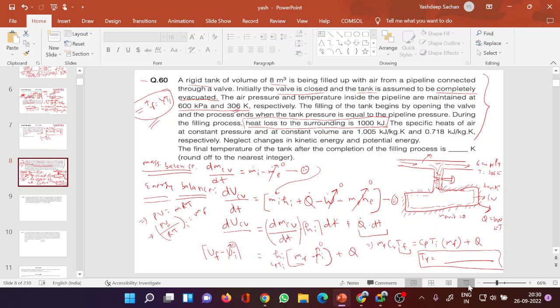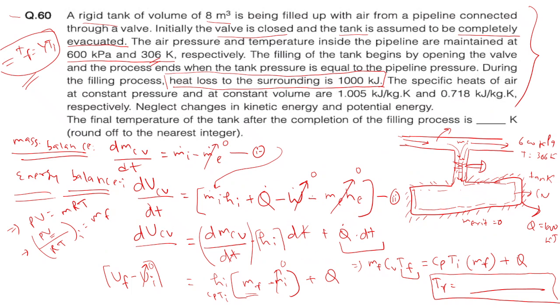Yeah. And easily you can see, if it is insulated, you can keep that as 0, and here UF Cv will come, mf will cancel out from both sides, and Cp by Cv, Tf would be gamma Ti, right? Yes, sir. Easily you can see here. So this you keep.